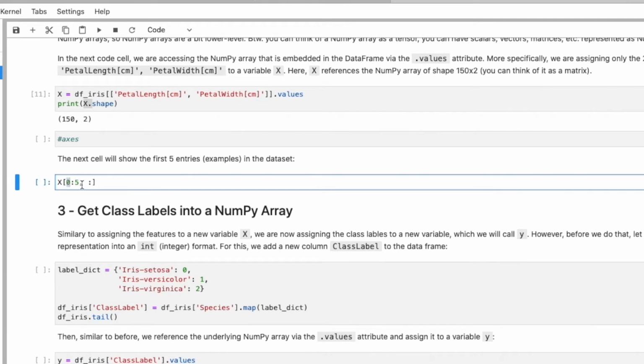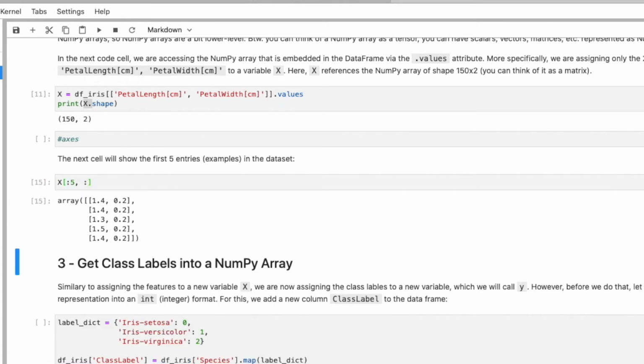So this will give me the first 5 rows. And if I have this colon here without any values, it means all of them. So that will give me all columns, in this case 2 columns. So I'm essentially printing out the first 5 rows of my array, just to visualize it or just to double check that it looks okay.